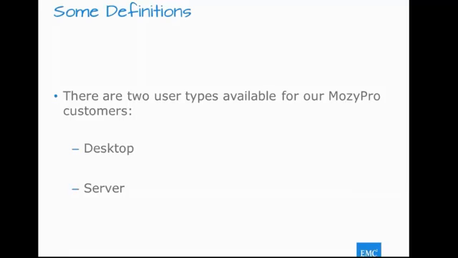The reasoning behind that is that some home users may have a desktop with Windows Home Server installed on it. So the main difference between a desktop and server user is the operating systems they can be installed on first and foremost,